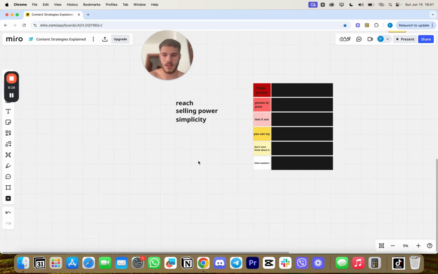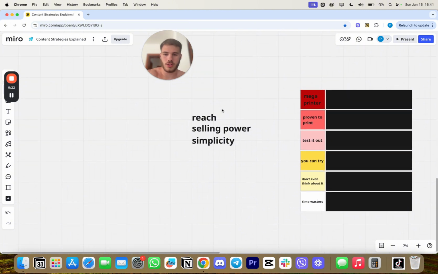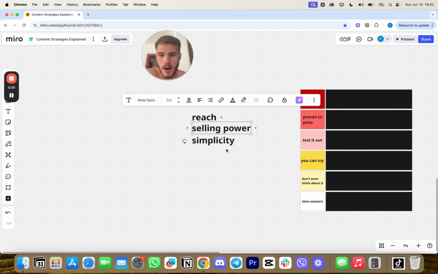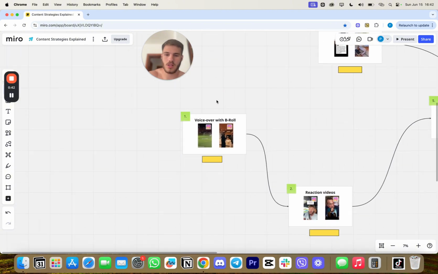The three things that we're going to base the ranking of this content strategy around are the reach, like how effective these content strategies are when it comes to reaching people; the selling power, how these content strategies improve your selling power and how well you're able to sell; and the simplicity, meaning how hard or easy they are to produce, right? So let's start with the